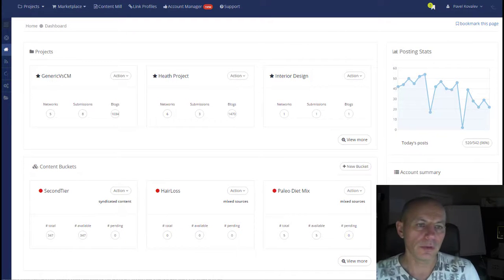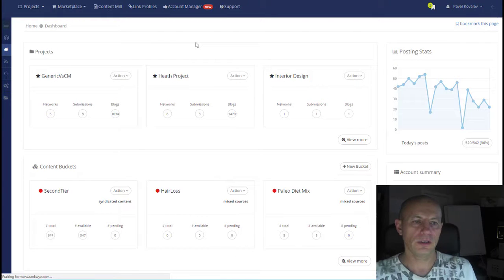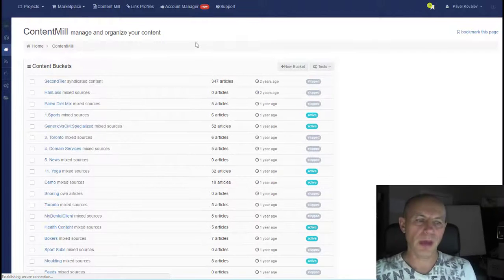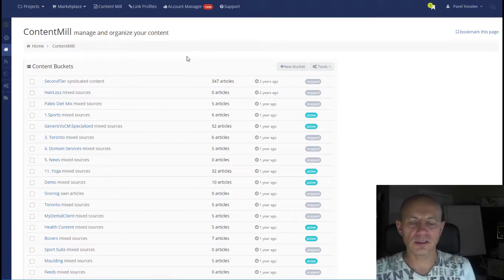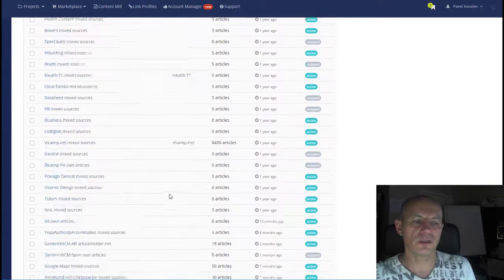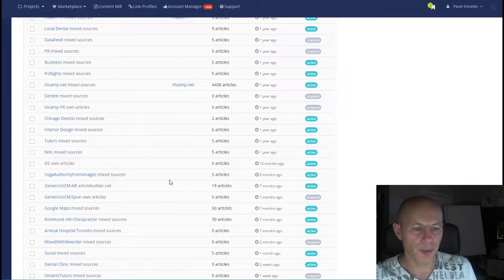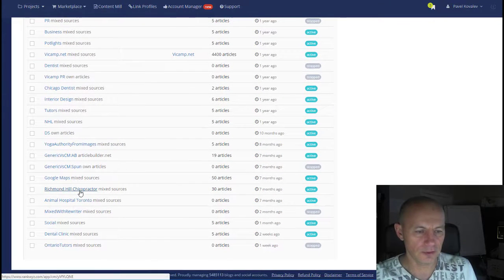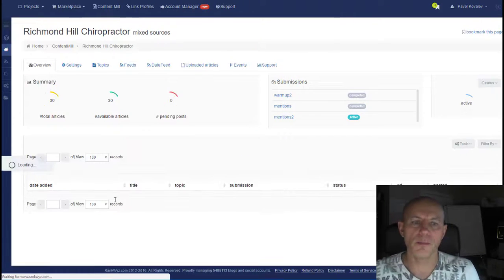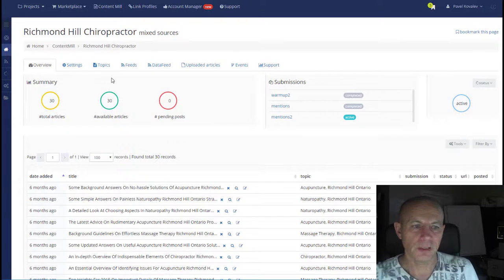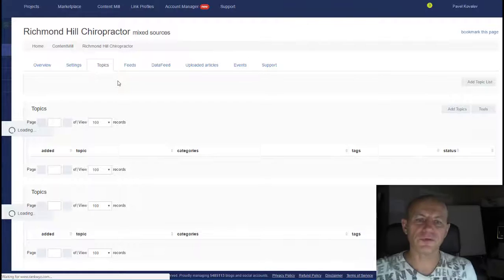And let's go to ContentMill. ContentMill consists of content buckets. Consider that every bucket has a different configuration. Whenever you need something for a different niche, you create a bucket. So I'll go to this chiropractor bucket I created a while ago, and we have different data